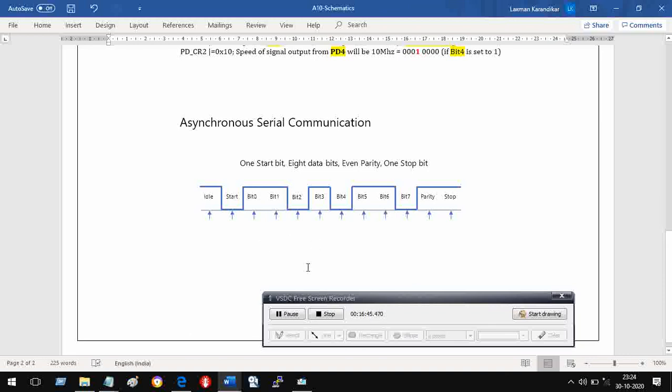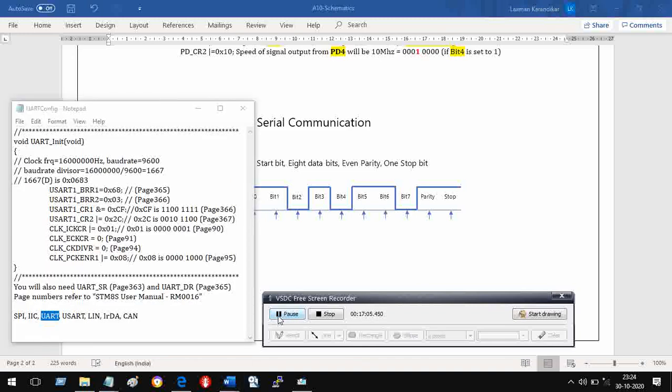I want to generate a clock for this operation at 9600 bits per second. So from 16 million, I have to go to 9600 bits per second. How do I do it? Let's see how to do it.